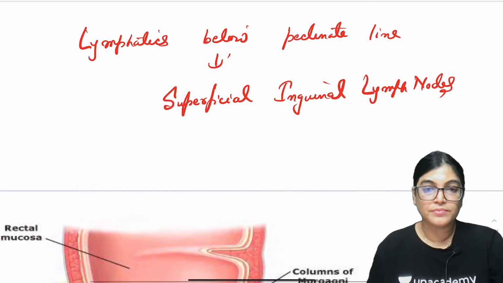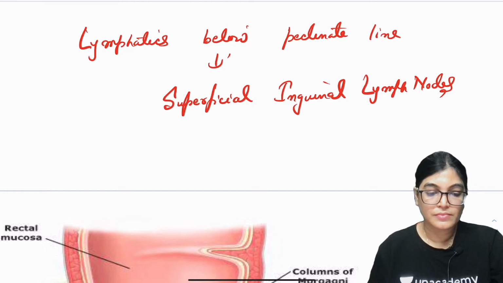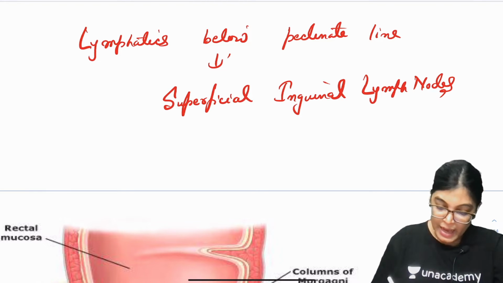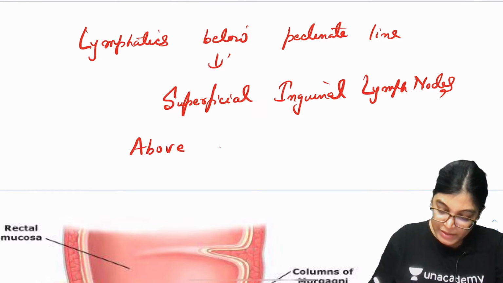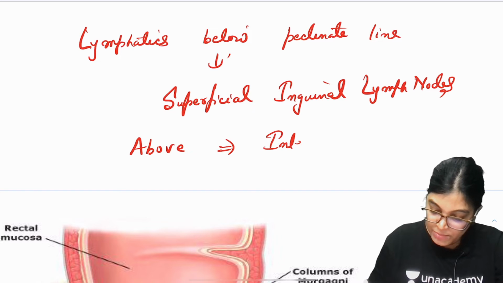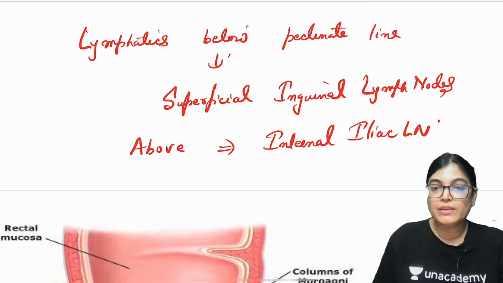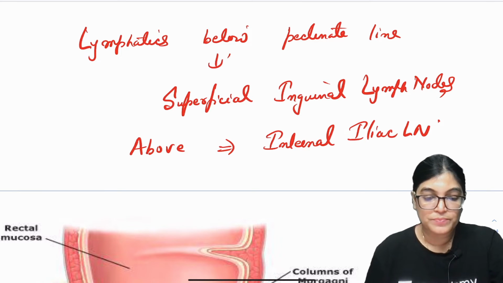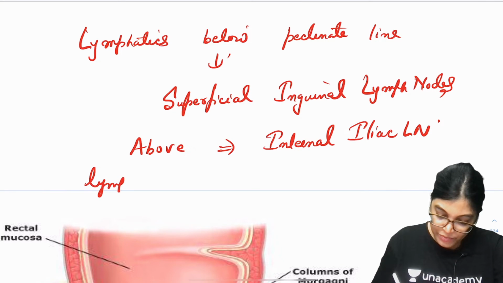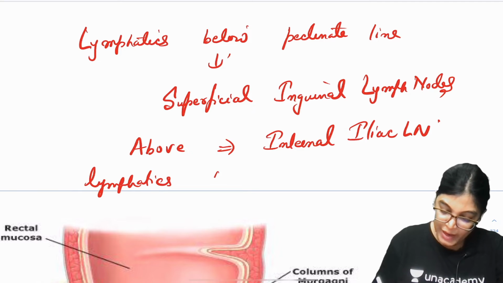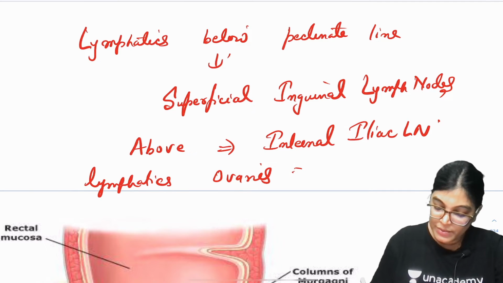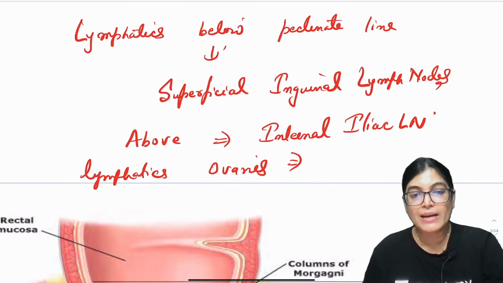Got it? And what about above? Above will drain into the internal iliac lymph nodes. When we are talking of the lymphatics of the ovary, one of the options was the lymphatics of the ovary. The lymphatics of the ovary drain into the para-aortic lymph nodes,